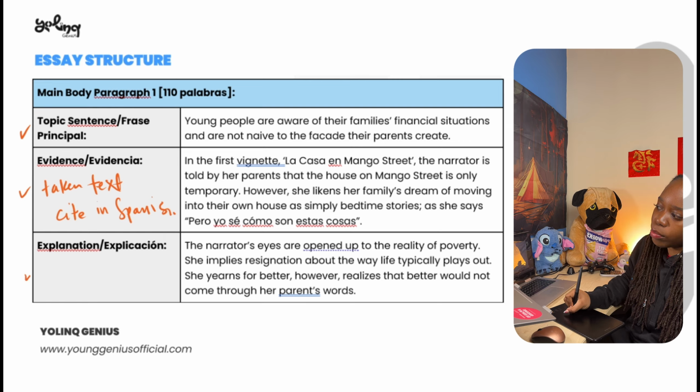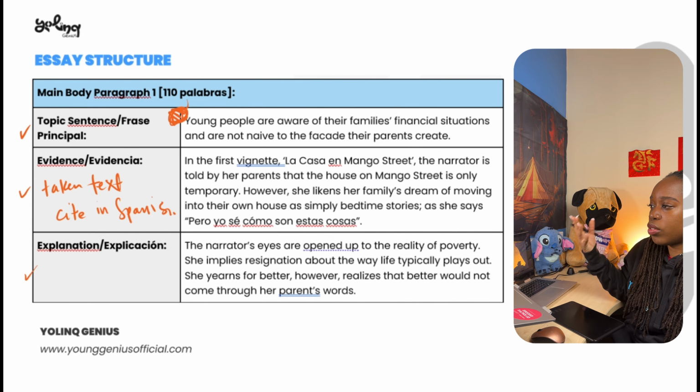And then you provide an explanation by basically elaborating on all the evidence you've provided supports your point. So here, the topic sentence I've given introduces the idea of poverty. So I say young people are aware of their familial financial situations and are not naive to the facade their parents create. Then I said in the first vignette, La Casa en Mango Street, so that's the first story or